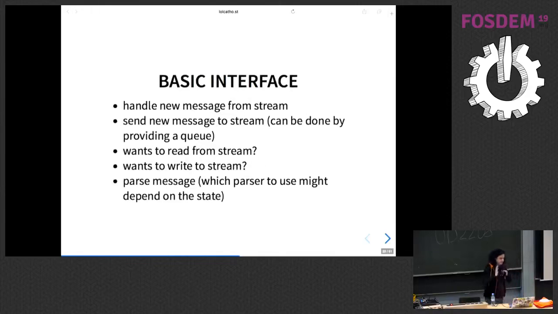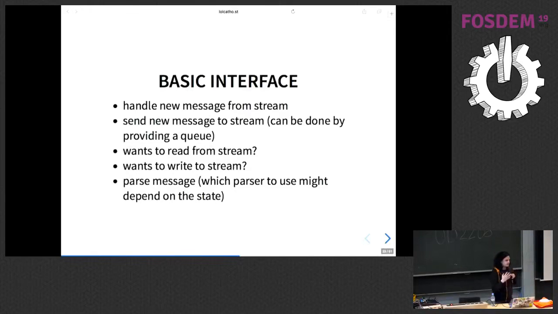How do I build something above that? I want to handle a new message and get into a new state from that. And maybe when I get into a new state, I might have a message to send over the network. Not really with HTTP there, but with AMQP, when you start connecting to a server, you say, okay, I want to connect. And now there's a set of request replies that start from the server. So the client says hello, and then the server asks a question, the client answers for like 11 steps, I guess, something like that. And so they have to have a way to just send stuff, and it's not only request response.